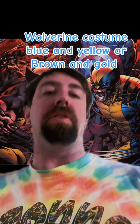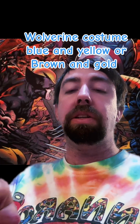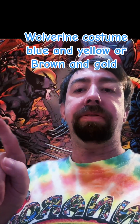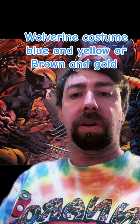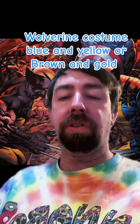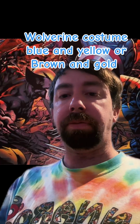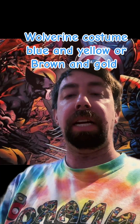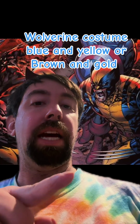1990s animated show. And I really like the design. I think it's interesting because of the design on the Wolverine suit in the early days or the new era, the brown and gold. The brown kind of goes over his shoulders, and the gold kind of goes over his chest. This was an X-Men Pride of the X-Men, and then when they did the '92 animated series, he had the X-Men